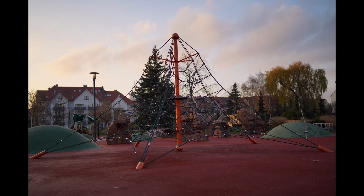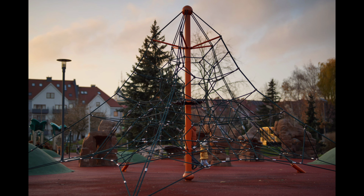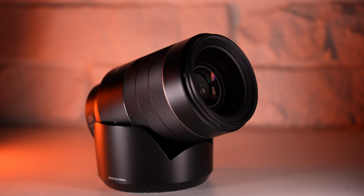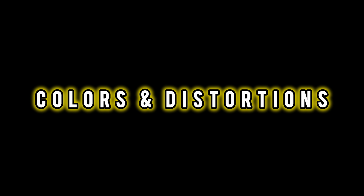And at the beginning, let's see, 35mm, 50 of course is not so wide, and let's see this side by side. So that's the difference, we know the difference, so this is how it looks like. And the very important thing I want to mention in here is the colors and distortions, because